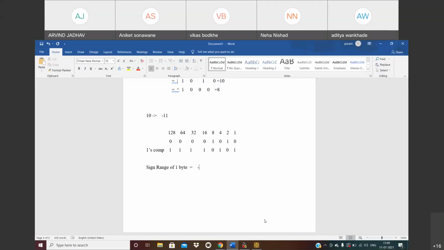We all know that it is -128 to 127, हमने ये कैलकुलेट किया है. So ये याद रखना है, after performing the ones complement, if the first bit is 1, make that first bit negative. We can say that here the upper bit is -128, तो इसे माइनस कंसीडर करना है.